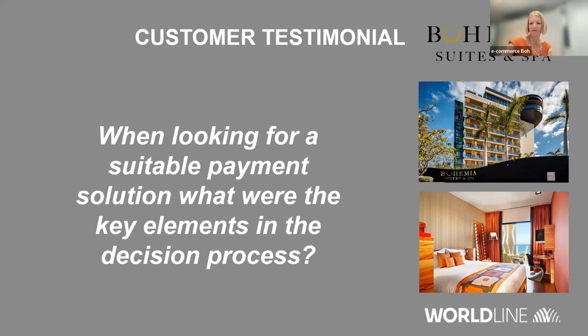Well, none of our systems had any payment processing system connected. We had a small brainstorming on site, and we said it would be nice to find a solution with one single provider for all our needs. As we started the implementation, we wanted to do it in the best way possible: to have something for our PMS to make the on-site payments smoother, for our booking engine to have payments processed at the time of booking, and to have the possibility to send, under our own control, pay links, and